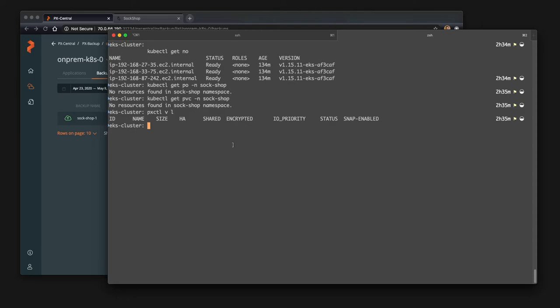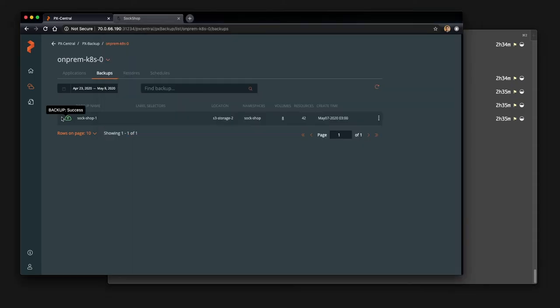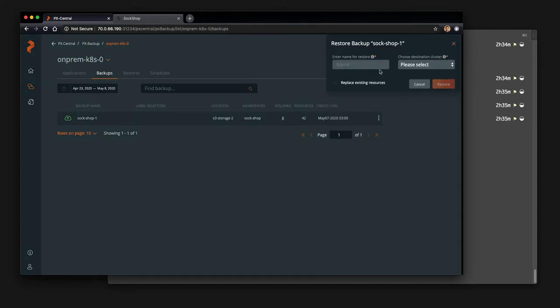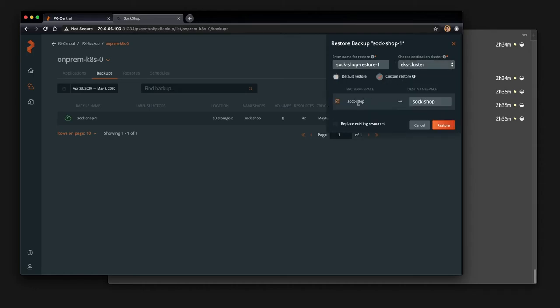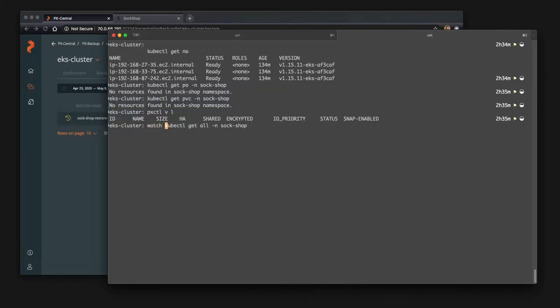It's empty, right? This is a new environment that I'm testing migration for. So select restore from your backup and give the restoration a name. In this case, we're going to name it Sock Shop Restore 1 and select our EKS cluster for our restore. In this case, we don't really need options for replacing resources or restoring to a new namespace. We do have those options, but we know our cluster is empty, so we just accept the defaults and go